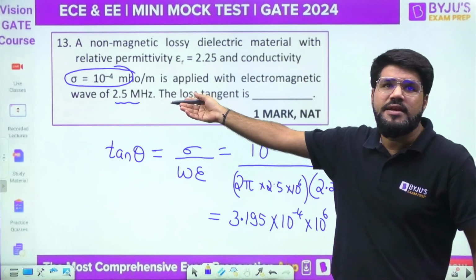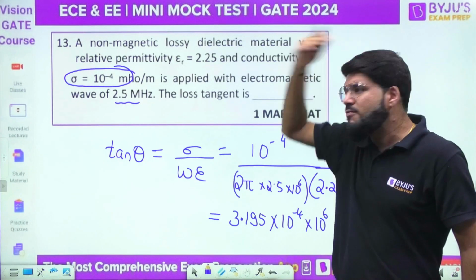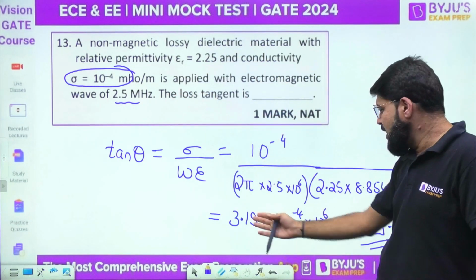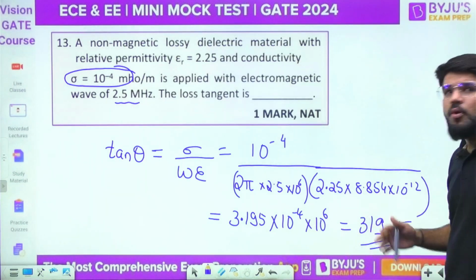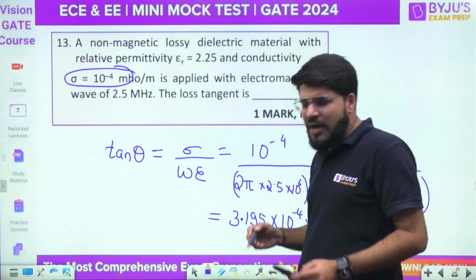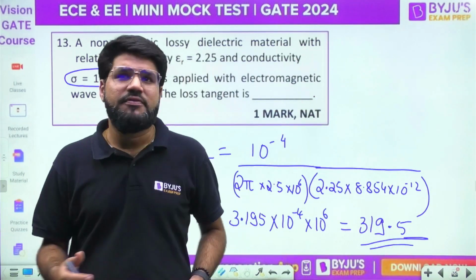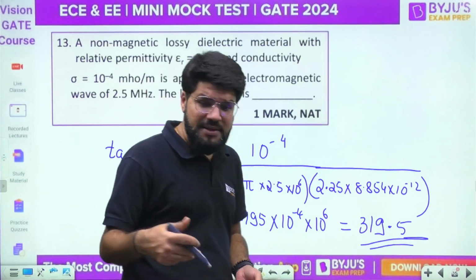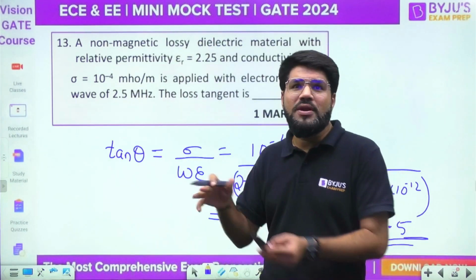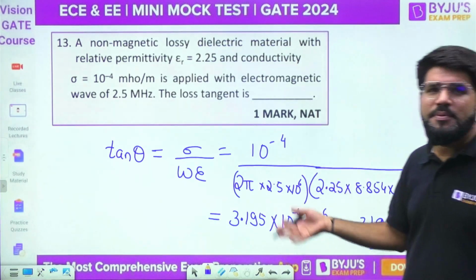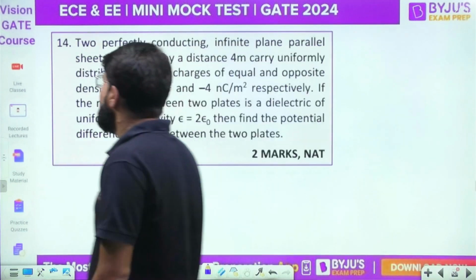It's in the megahertz range. If you convert the same frequency to gigahertz, a difference of 1000 will come, and it will then be 0.3. Then it will be a relatively low value. If you increase the frequency more, it will be lower. So the actual method of classifying a material is the loss tangent rather than sigma. A higher loss tangent means it is a lossy medium, with more characteristics of a conducting medium. Anyway, our purpose was to get the numerical value, and that has come. Number 14.